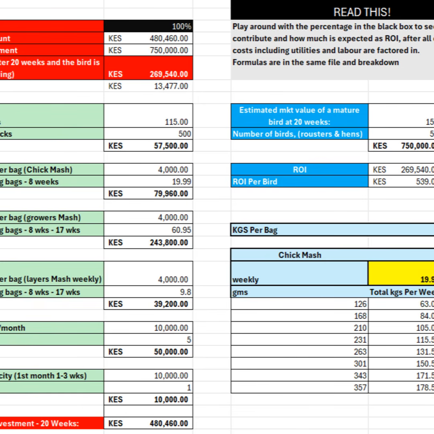Then I take the same, divide by 50. Why? We're dividing by 50 kgs because 1 bag that I'm buying is a 50 kg bag. Yes, there are suppliers out here who will give you a 20 kg or a 40 or a 50 kg. The beauty about going for the 50 kg is usually the cheapest. Again, coming back to economies of scale. So my bag is 4,000 Kenya shillings and I come up with an average of 3.998 bags. Let's round that up to 4 bags.